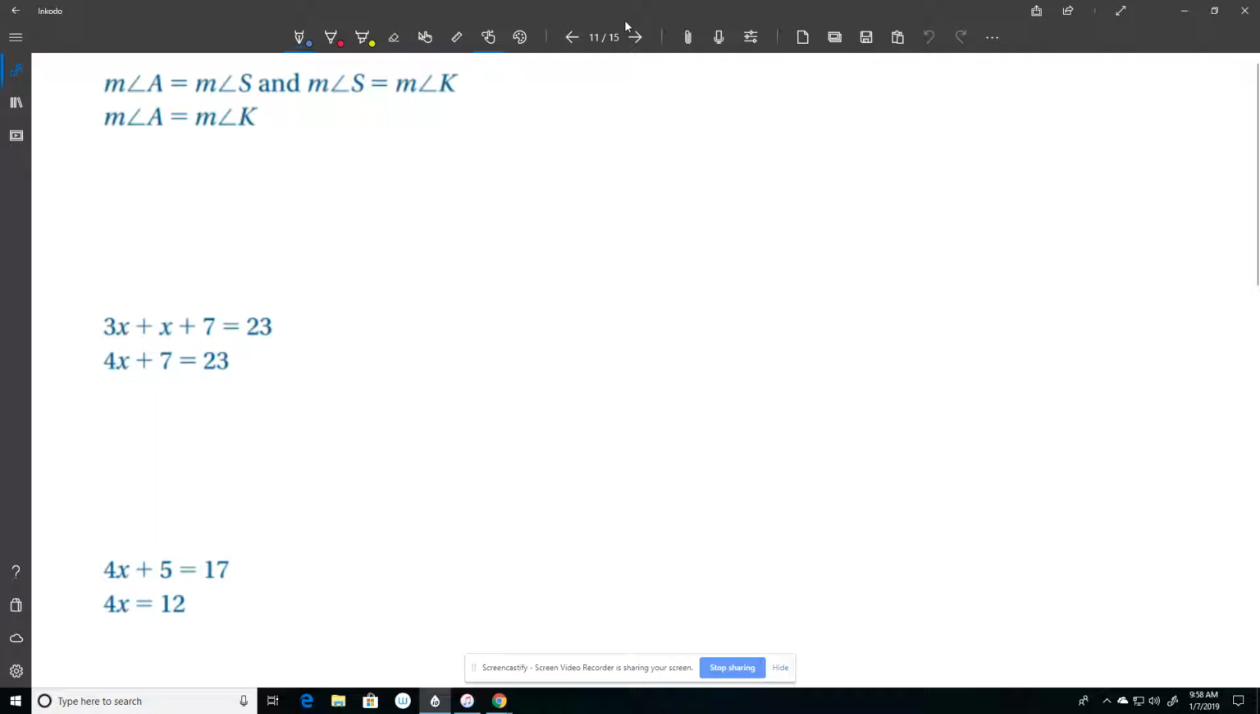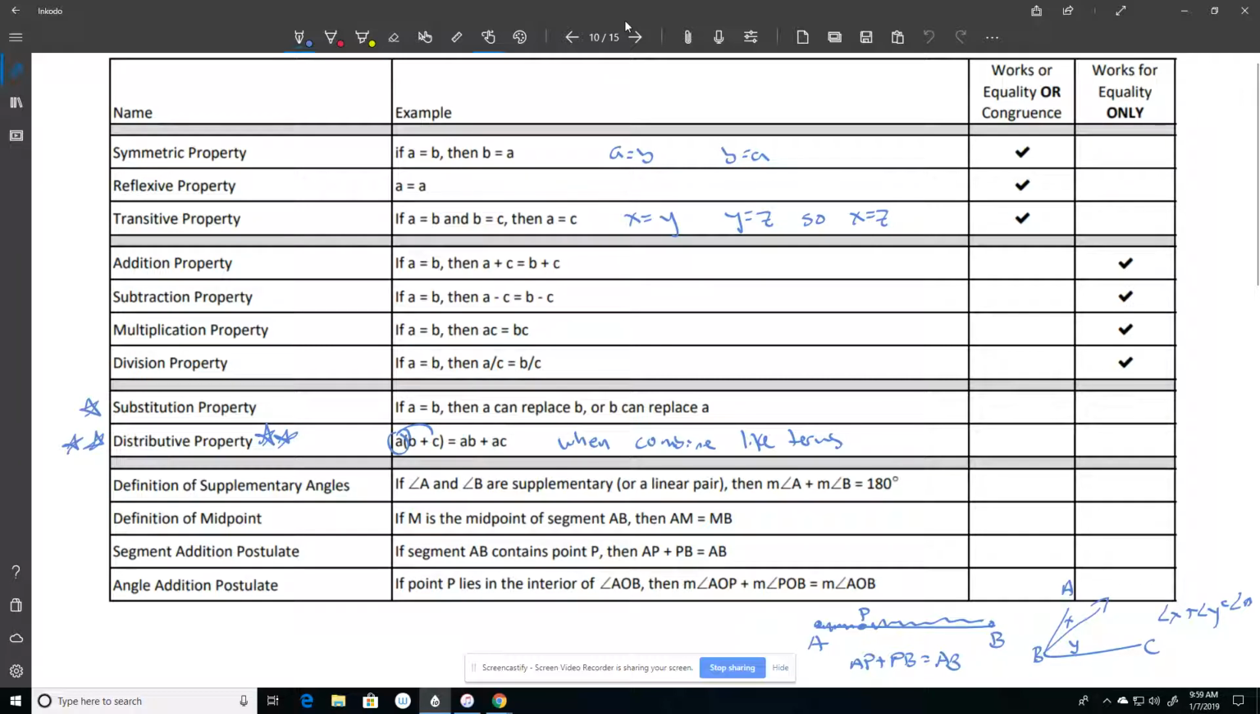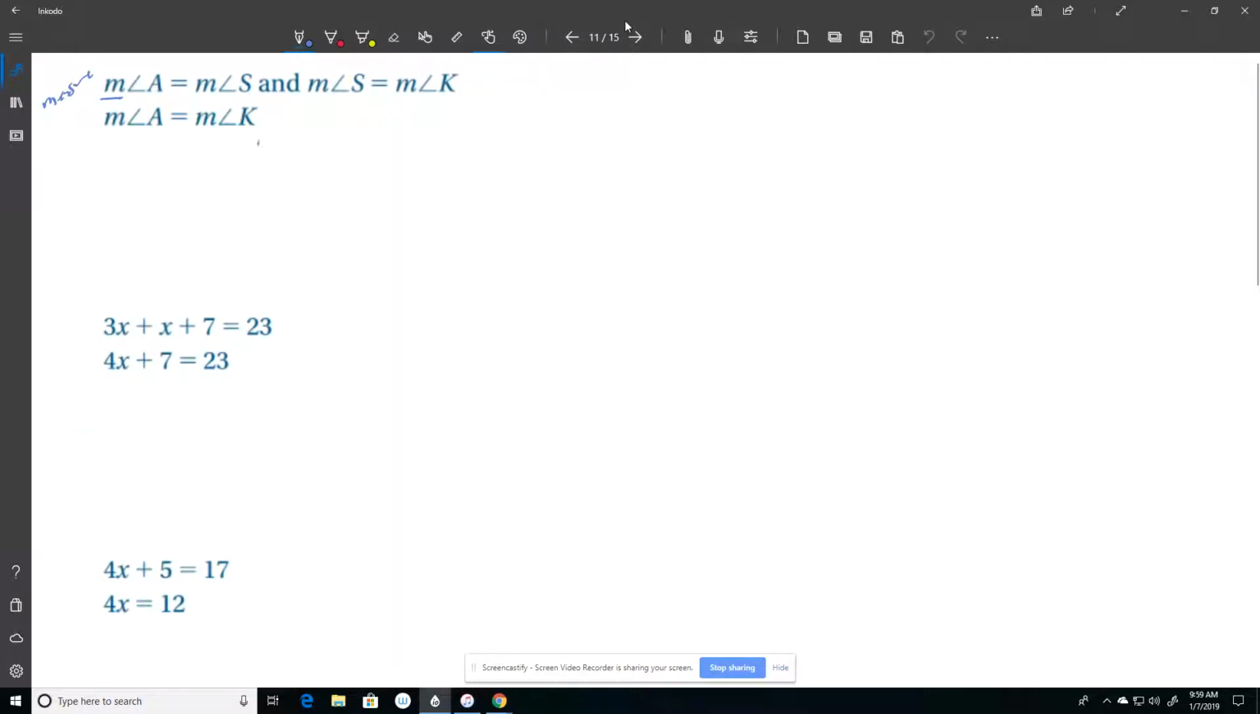So for example, the measurement of angle A equals the measurement of angle S. Remember, that's what this little M means, measurement. So it's just saying angle A equals angle S and angle S equals angle K. Therefore, angle A equals angle K. You would look at your list of rules to see which one fits, which happens to be the transitive one. If A equals B and B equals C, then A equals C. So I would say that is the transitive